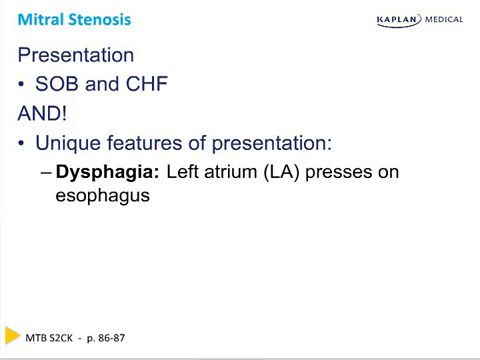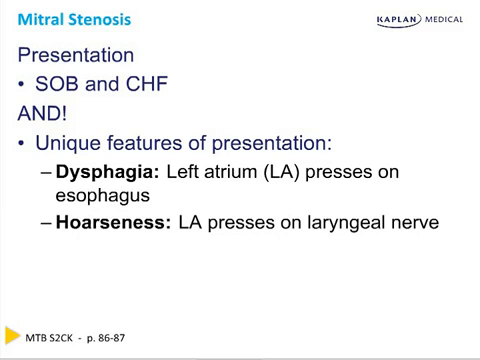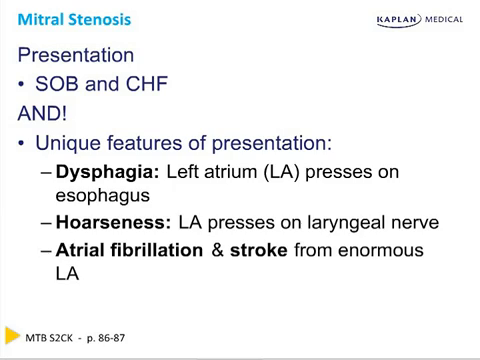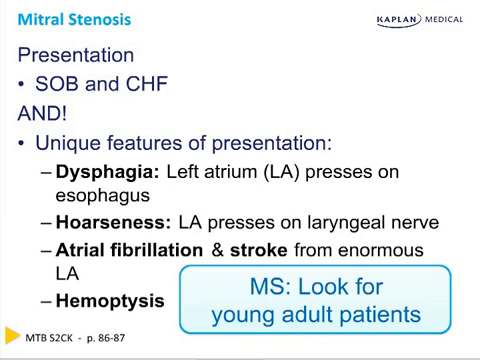And you're also going to get hoarseness. You're going to get hoarseness as your left atrium presses on your recurrent laryngeal nerve and it causes hoarseness. Then atrial fibrillation, because it has the largest left atrium, so therefore it has the largest amount of stasis and the largest amount of atrial fibrillation, therefore the largest amount of strokes. And hemoptysis, because that backflow of blood into your lungs bursts the blood vessels, and we are going to be looking for a young adult person who is 25 or 30 or 36 years old who had their rheumatic fever